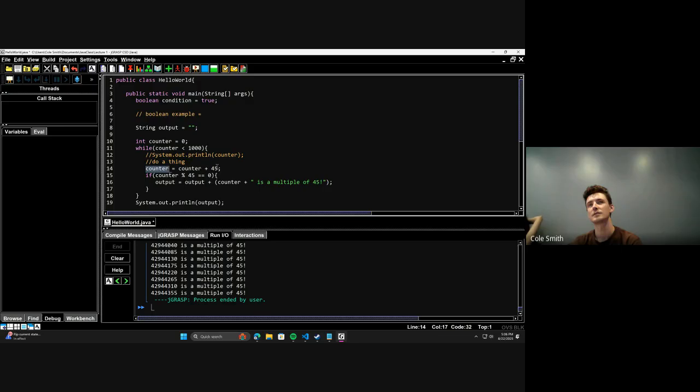So then what do we do? So the counter plus 45. So what does that actually do? Counter was previously what? So it's 45. Right. Then what do we do? 45 is divisible by 45. Yeah, if the number, which in our case is 45, is divisible by 45, then we take output, which is what? Oh, so that's right. It's going to be equal to the empty string